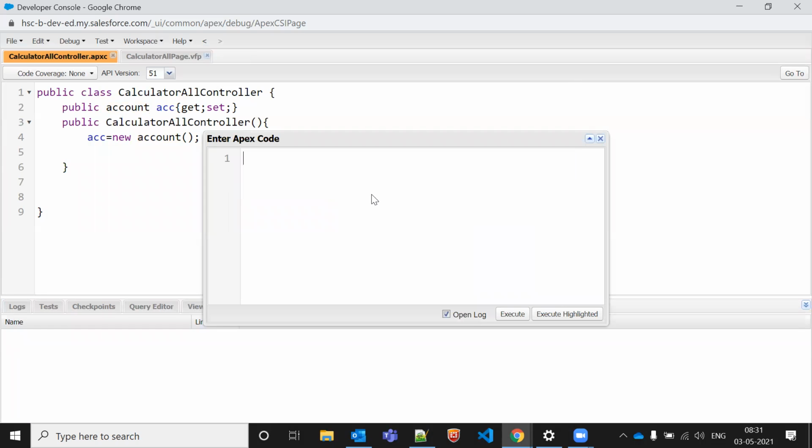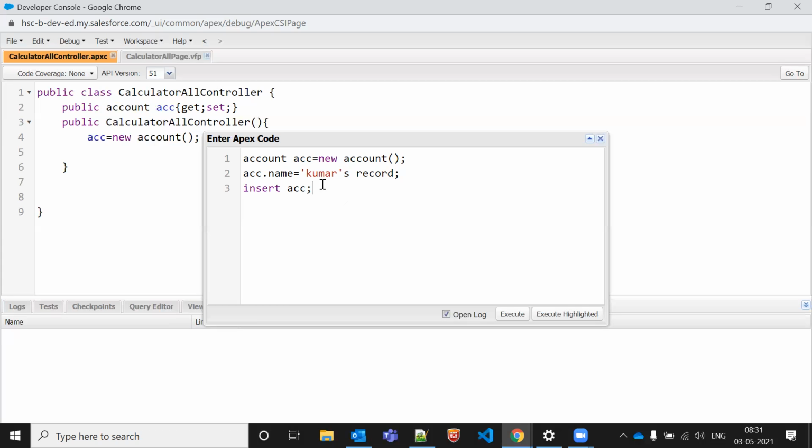How to use that? Okay, let's go to the Anonymous window. Let's say if I want to create some account record, ACC new account, ACC.name is equal to Kumar's record. After that, I'm saying insert ACC.